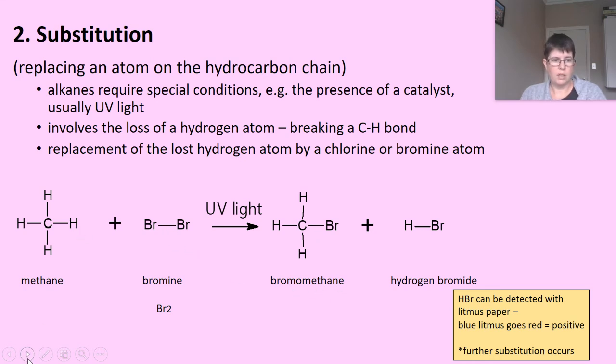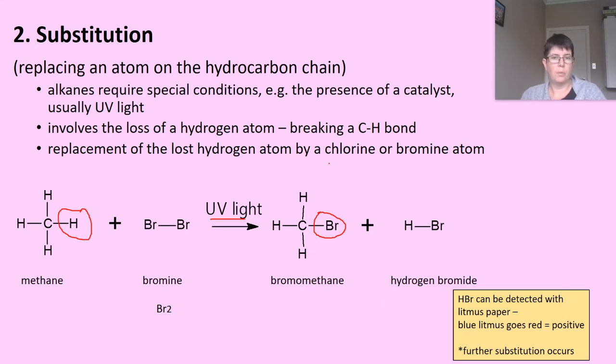One of the hydrogens gets replaced with a bromine atom. So a replacement is a substitution. This is quite a slow reaction, and you need to know that it needs UV light to happen. It breaks the bond with a hydrogen and makes a new bond with a bromine,